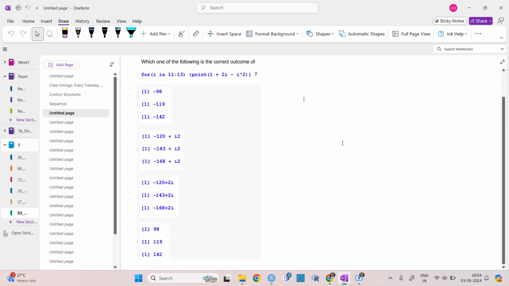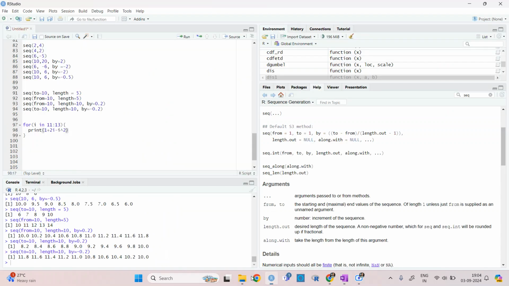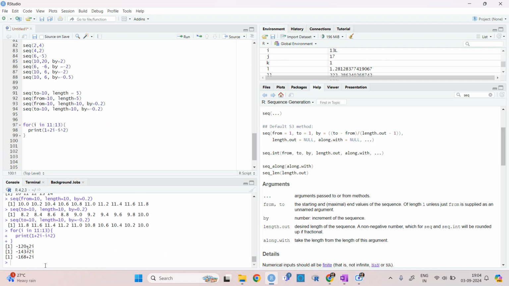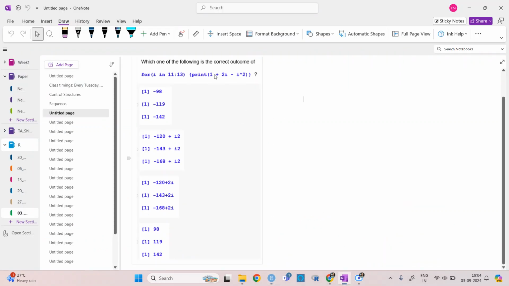The first is not the answer, and let me tell you why it is not the answer. So let's just print it, and this is the answer. Why it happened is that what we have given is 1 plus 2i minus i square, right?